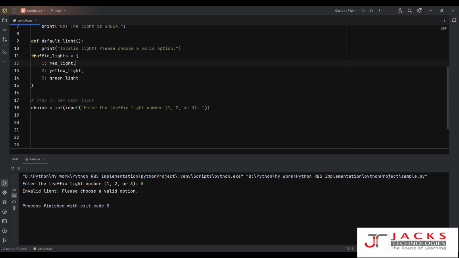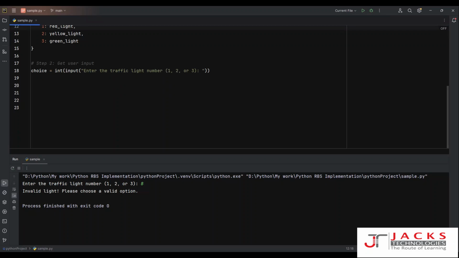Got it? Now, we still ask the user to input their choice. Okay. So what I have done here is the magic, guys. Instead of using multiple if-else statements, we use the dot get method of the dictionary to dynamically fetch the corresponding function. Got it? For example, if the user enters 1, let's see. So traffic lights dot get of